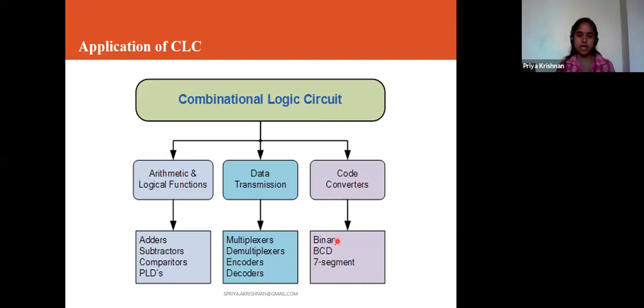And then here we have the binary code converter, BCD code converter, 7-segment code converter. So all these are present here. These are the different applications of combinational logic circuits.